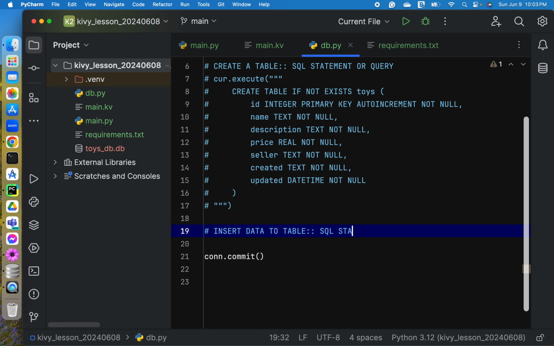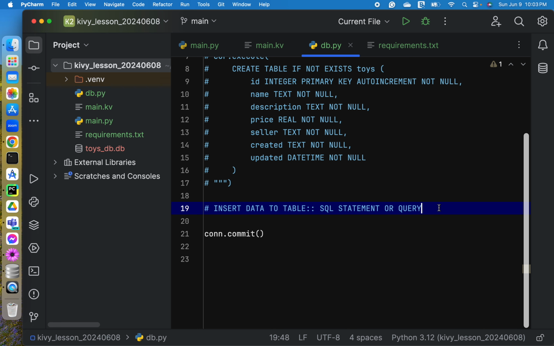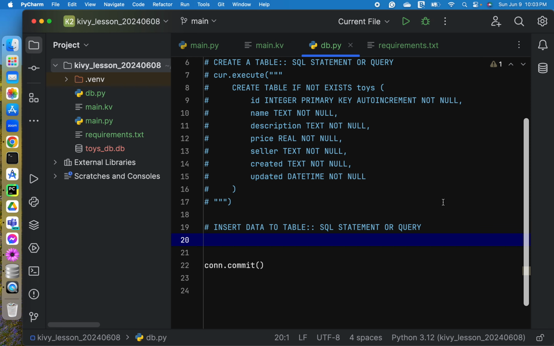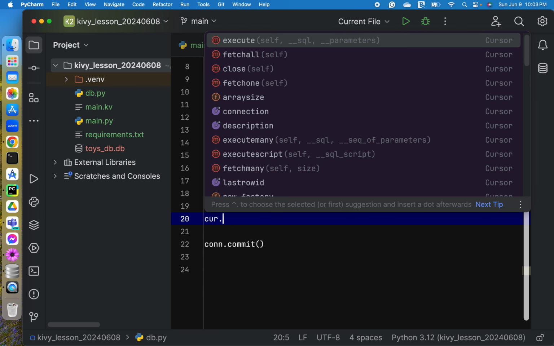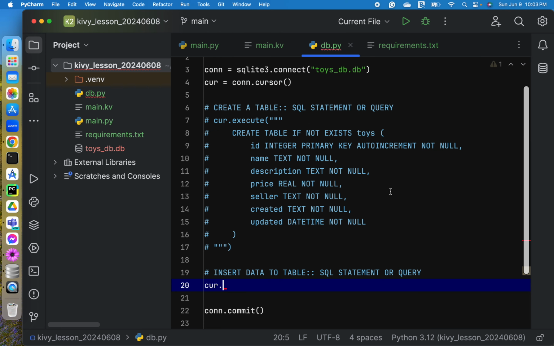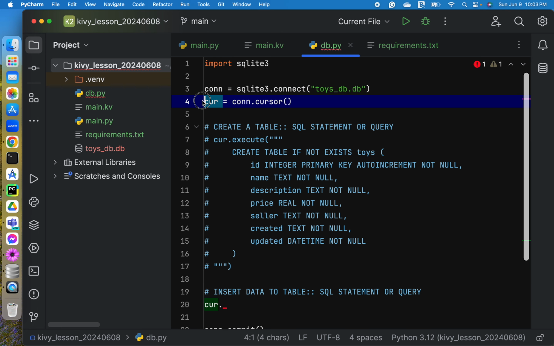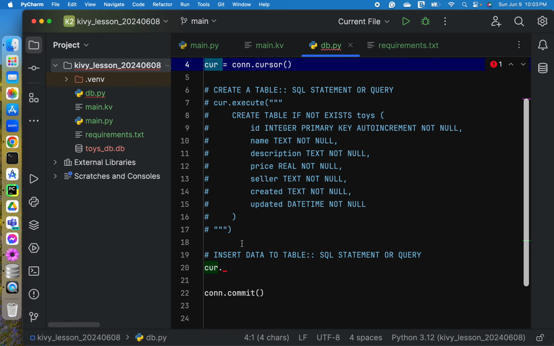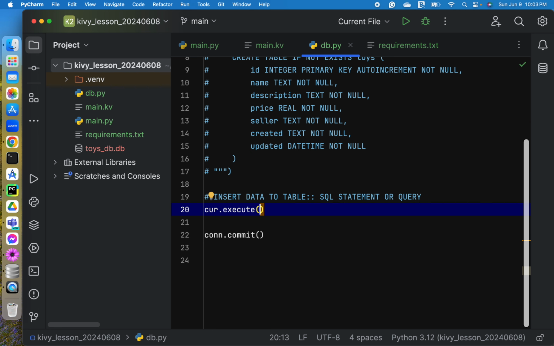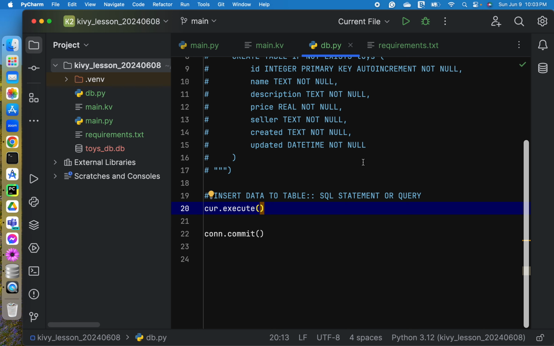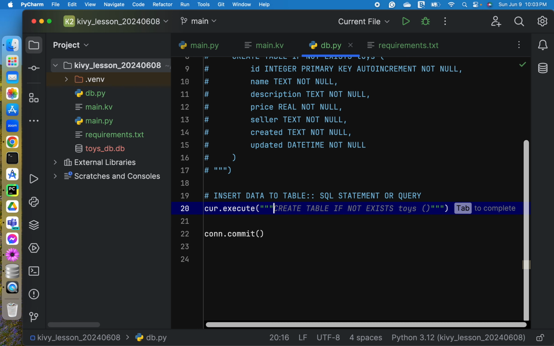So, this is another query. Okay, let's call again our cursor or the cur variable, and then call again the execute method, and then